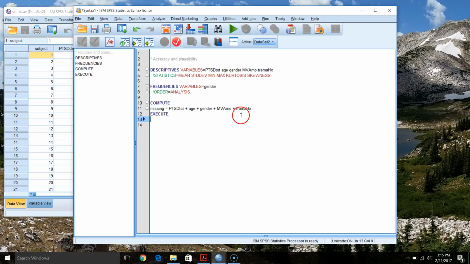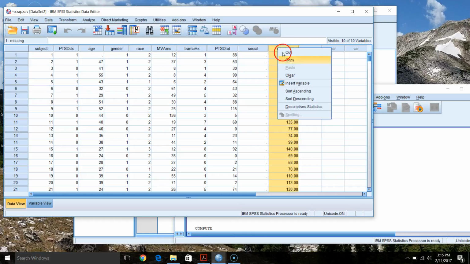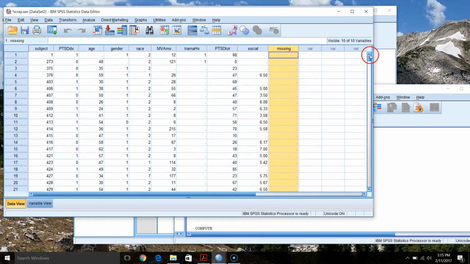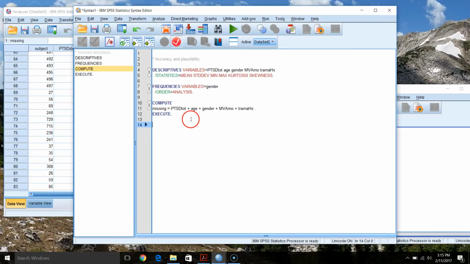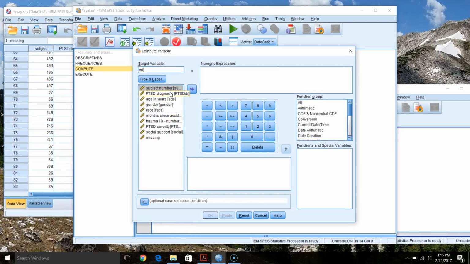exe, shortcut for execute. Now what this is going to do is create a variable called missing, and we're taking the additive sum of all of our variables, which isn't going to mean anything, but if we run it, we've got our missing variable now, and if we sort this, any case that's missing any of the variables in our model isn't going to have a score here. With this sum statement here, you could also go down to transform, compute variable, and if we were to go missing equals